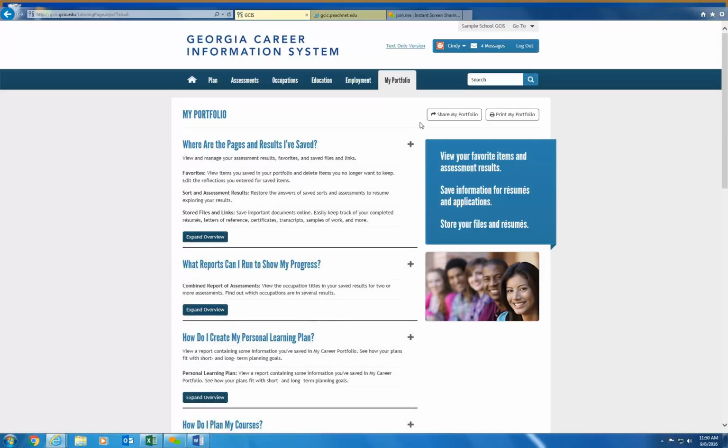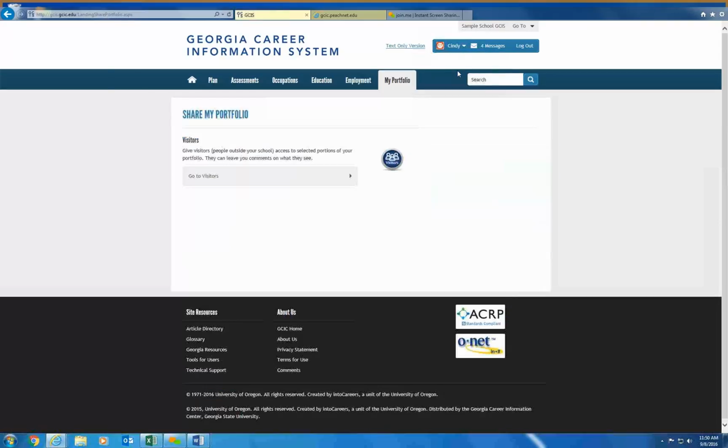And I'm going to go back up to my name in the far upper right-hand corner. Please notice that I'm actually navigating to other parts of the system without having left the first section. The next thing I can do when I hover over my name is share my portfolio, and this is related to the visitor, which was the third type of user who has access to the system.